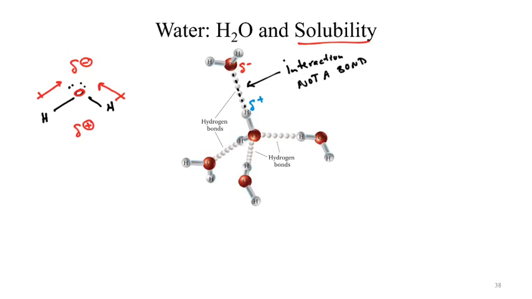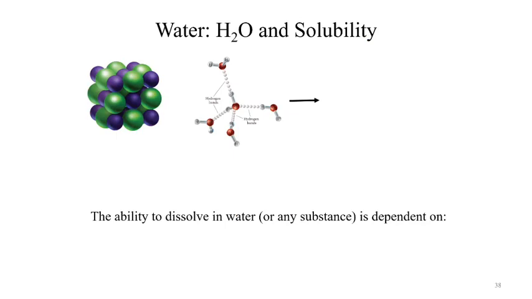It's not a bond if you're going to look at it on that scale of interactions, which we haven't talked about yet. We talk about it in the fourth unit. It ends up being kind of middling as far as strength. So why is it important? Well, that strong interaction has the ability to take a substance like salt, which is made up of sodium and